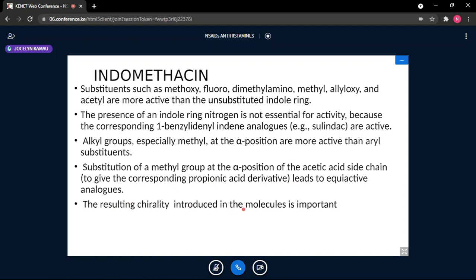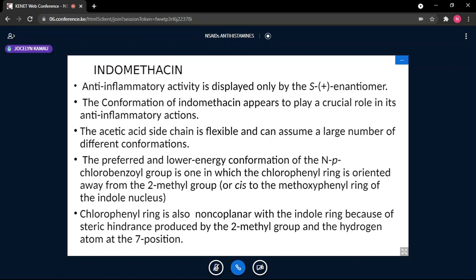The resulting chirality introduced in the molecules is important only when you have propionic acid derivatives, where the anti-inflammatory activity is displayed. For acetic acid derivatives, as we have said, the resultant molecules will be equipotent. The conformation of indomethacin appears to play a crucial role in its anti-inflammatory activity. Of course, the conformation is necessary. Remember, we say